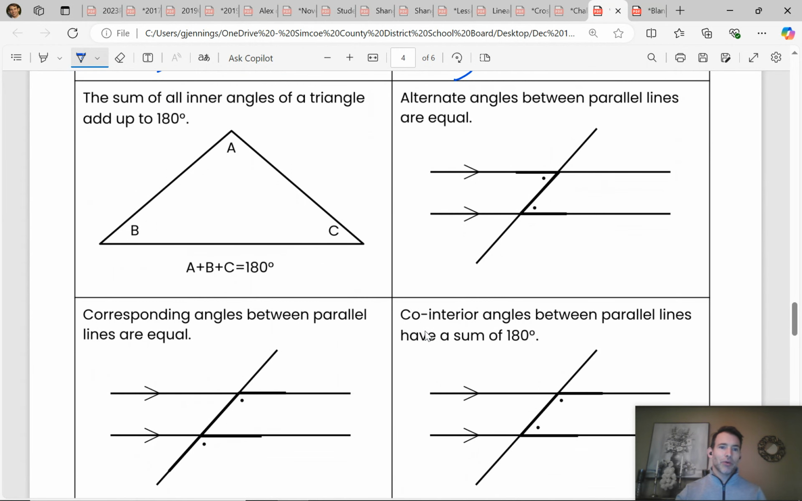Okay, now over here, we've already talked about this. If you take the three angles of a triangle and add them up, they all add up to 180. It's very cool. All right. Now,